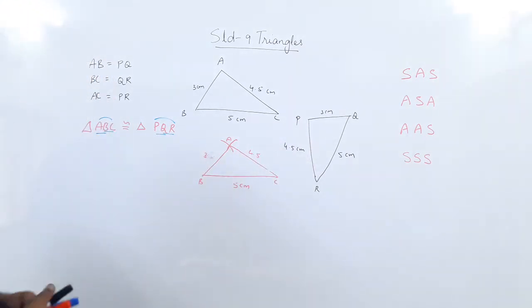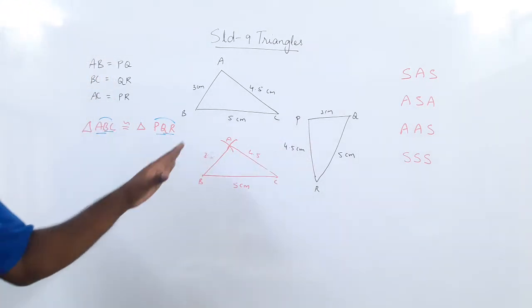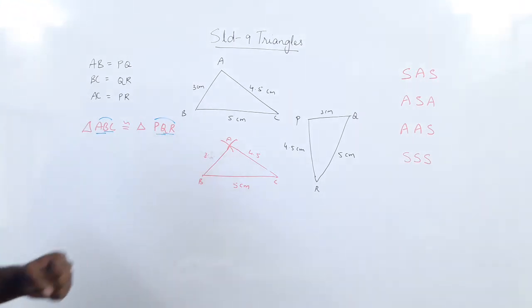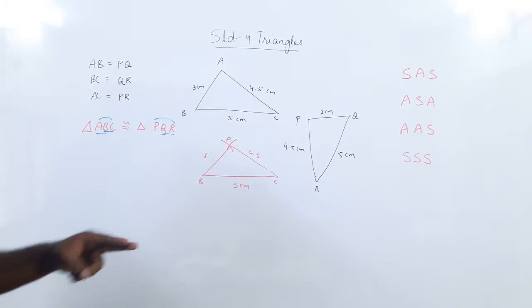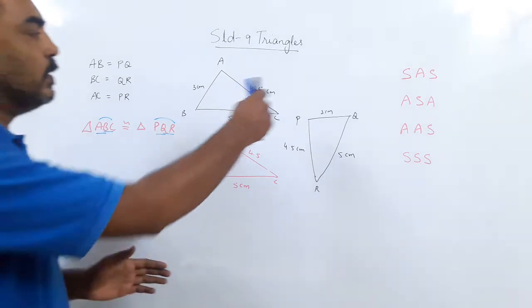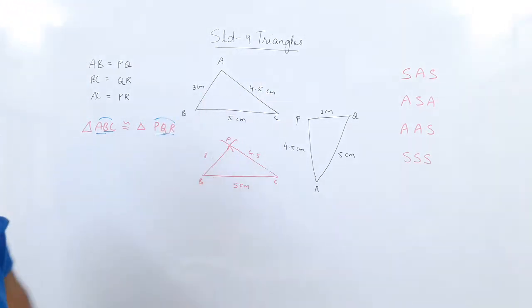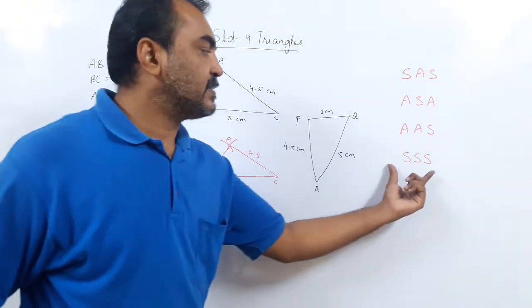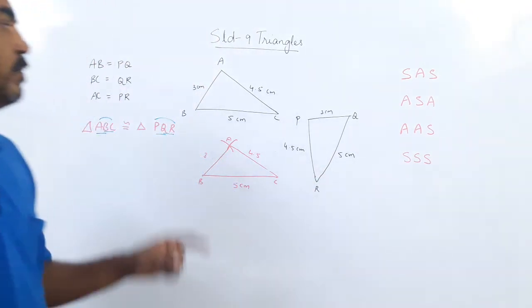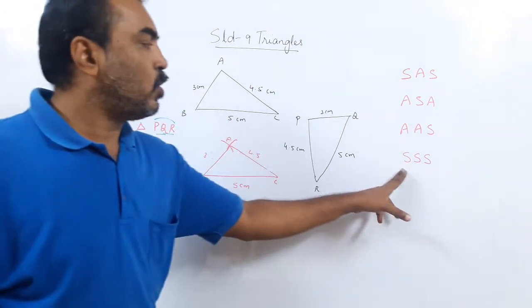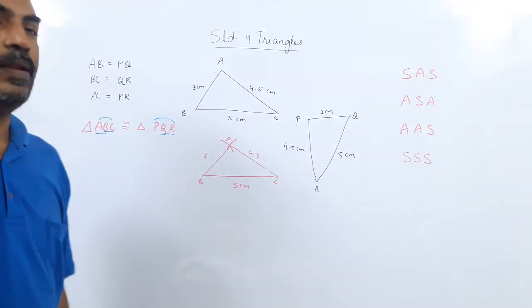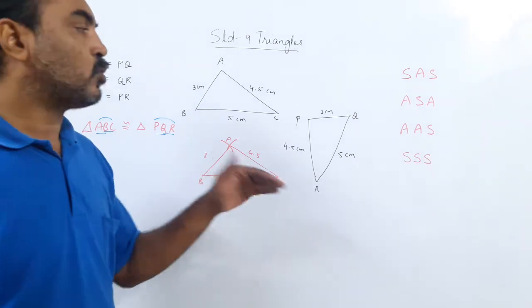So here, we have not proved anything, we have to verify this. Verification by what? By construction. So you have to actually draw the triangles, construct them, cut them out, name them, put one over the other and check it out. So we have got this SSS here, okay? But not proved, it is to be verified by construction. But what it says: if in two triangles all the three corresponding sides are equal, then the correspondence is a congruency.